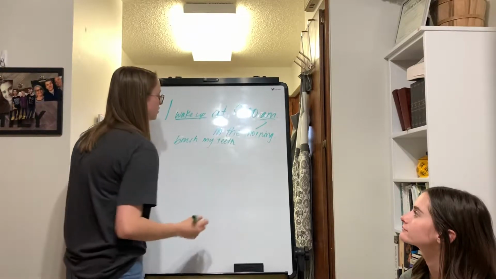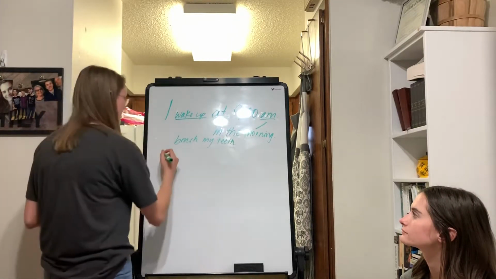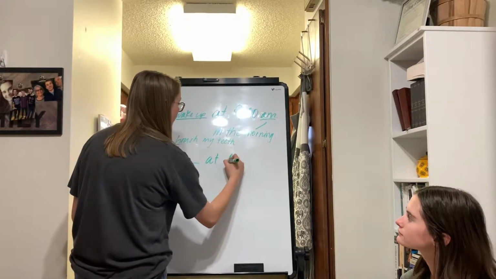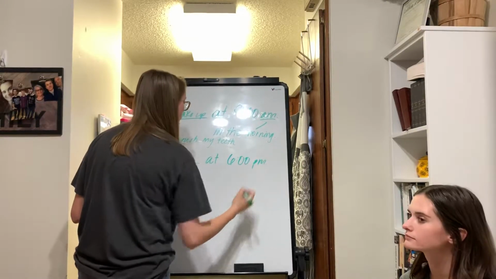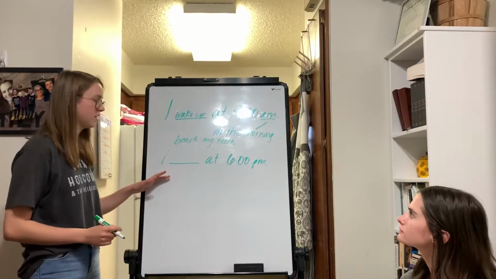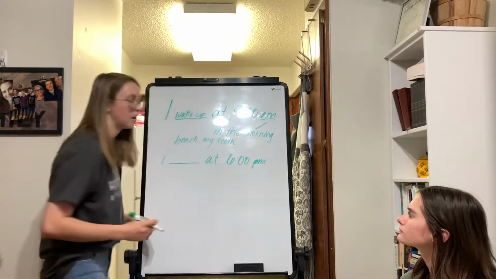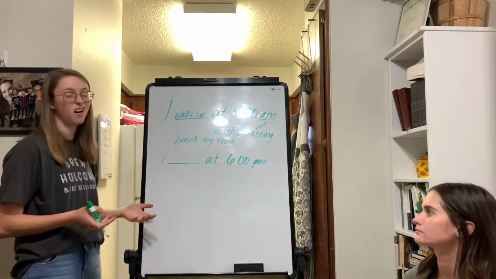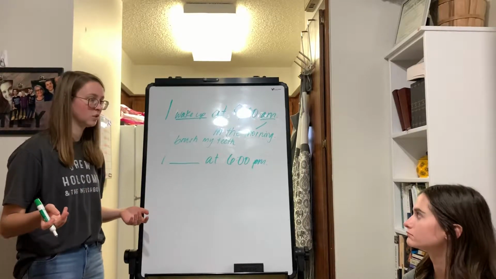That's good. So let's do another problem to practice a different time of day. I blank at 6 p.m. So we're going to do the same thing, but what is another way that you can say p.m.? So up here we have in the morning, so you might say in the night, at night, or in the